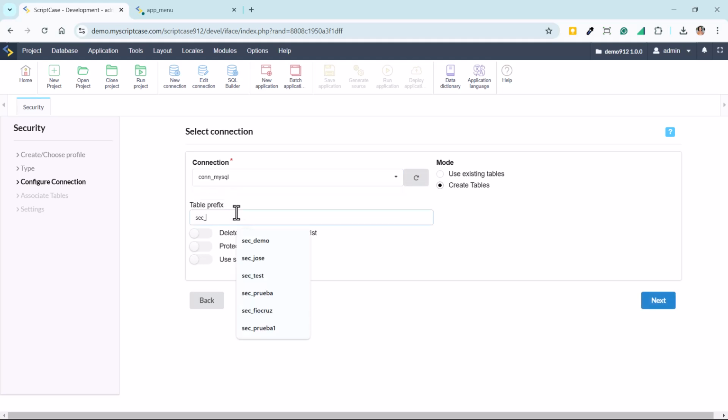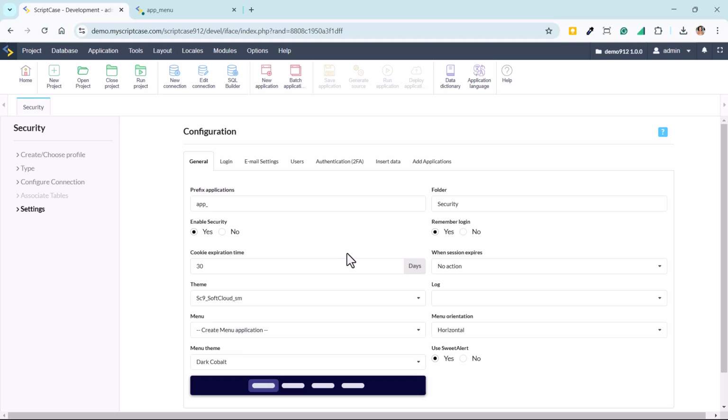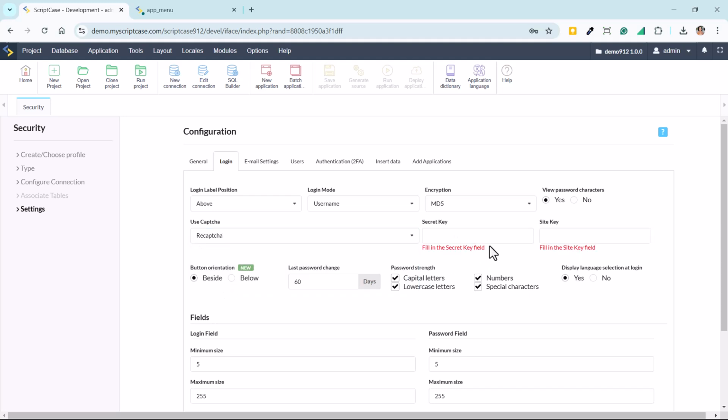Okay, so secured model, and then I'm going to use the user connection. Here we have the normal settings of the secured model, and the reCAPTCHA options will be inside the login area. Let me add here a new prefix. Then you have use CAPTCHA. We have the traditional one with the internal library, and we have the reCAPTCHA. Okay, so here we have to fill in the secret and the site key, and you are going to get it from Google.